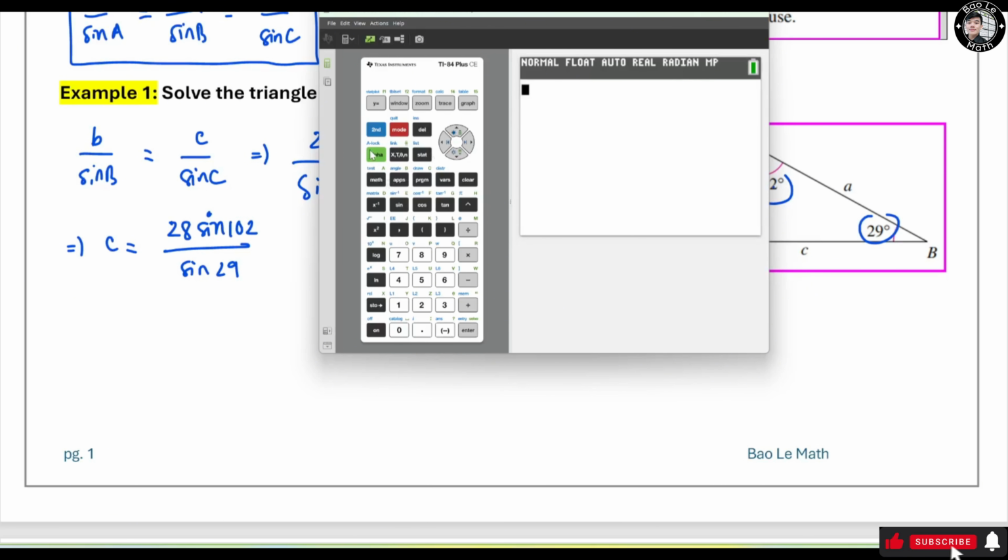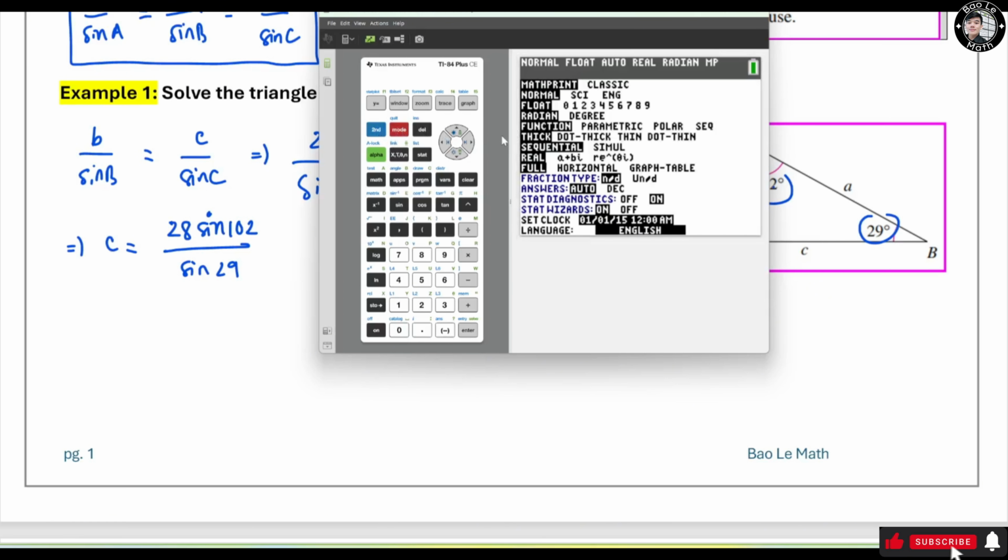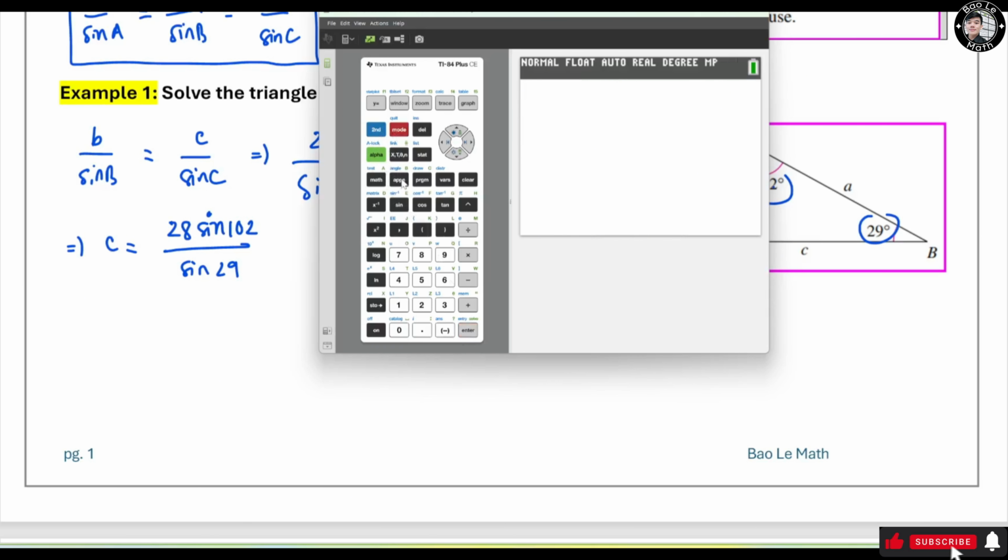So we're going to go over here, change this to degree, and press enter. Hit second mode. Now it's going to be 28 times sine of 102, divided by sine of 29, press enter. It's going to be